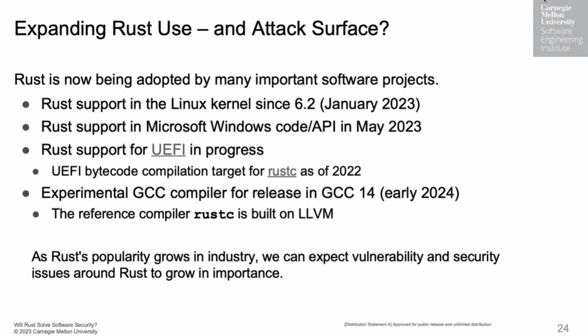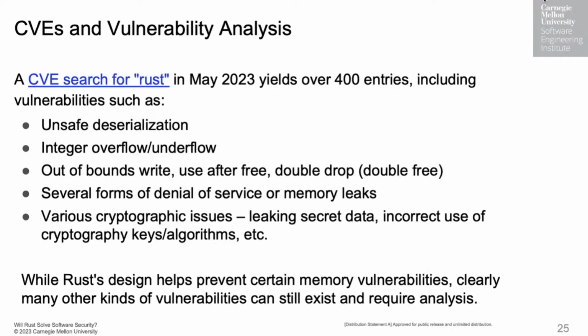So this simply shows that Rust is getting more and more adoption, but that means that the attack surface of Rust software is growing, and there may soon be Rust code on your machine that is insecure, or there might soon arise some. So how do you deal with that? We did a quick search on MITRE's website for CVEs that involve Rust, and we came up with 400 hits, vulnerability reports that involved Rust code. And these ran the usual gamut of security problems such as unsafe deserialization.